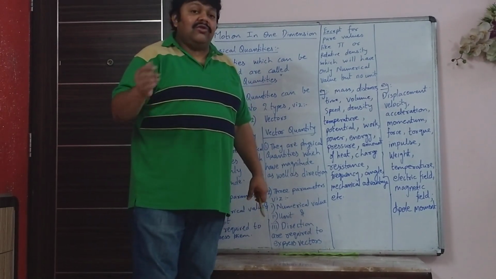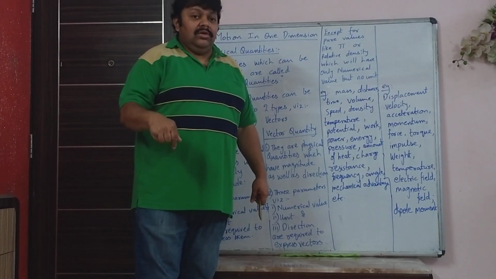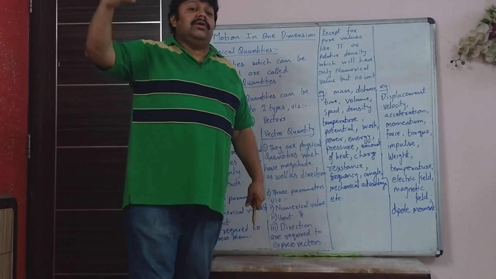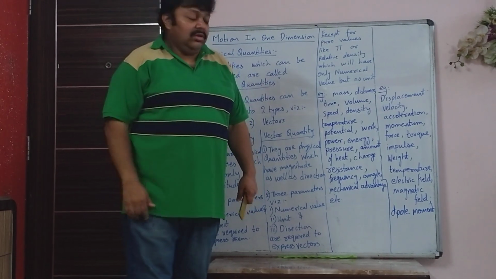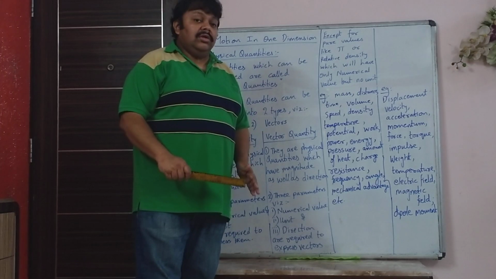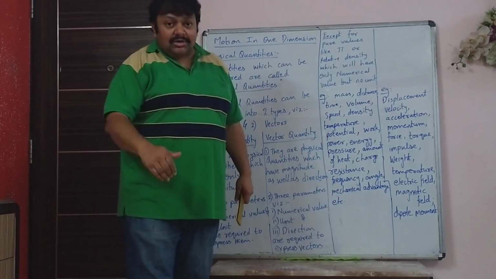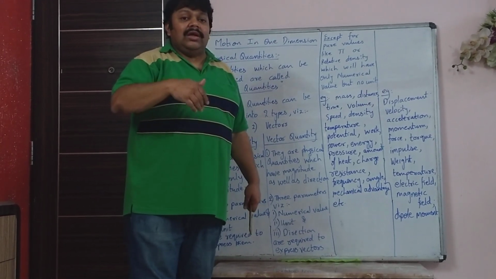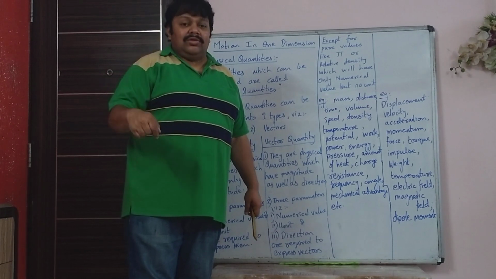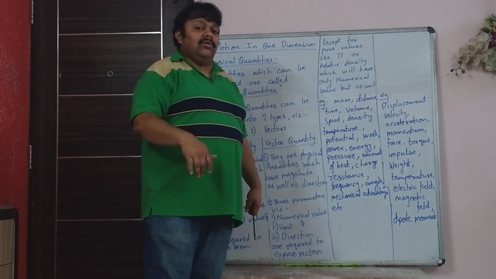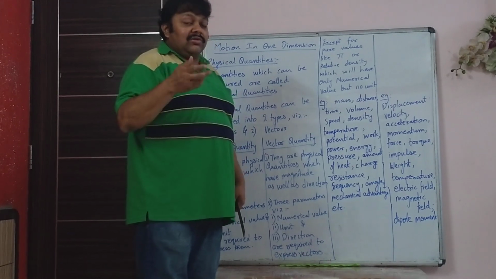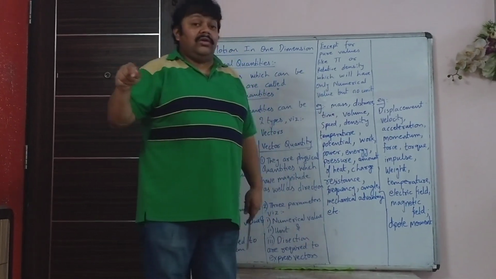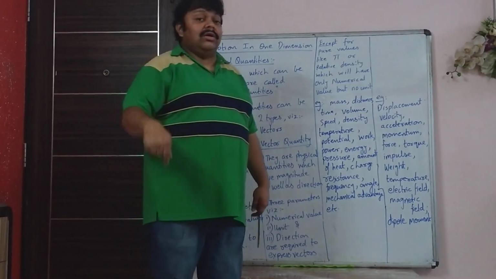So weight again is measured in Newton. Weight can be measured in kgf or Newton, but weight is a force. Your weight is 50 kgf or 50 into 9.8, that is 490 Newton. So that Newton is the unit, but you will have to say your weight is acting downward. Of course, in our sums, unless the question is related to scalar or vector, we do not write weight is downward. But if the question asks you in what direction, then you have to mention. Or if the question asks you is it a scalar or vector quantity and find the weight, then you will have to say your weight is 490 Newton acting vertically downward.